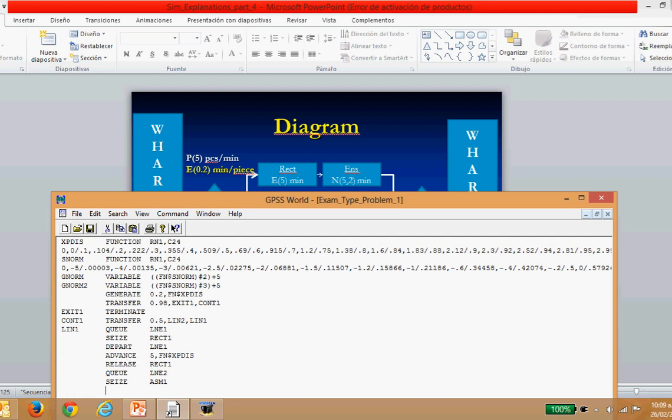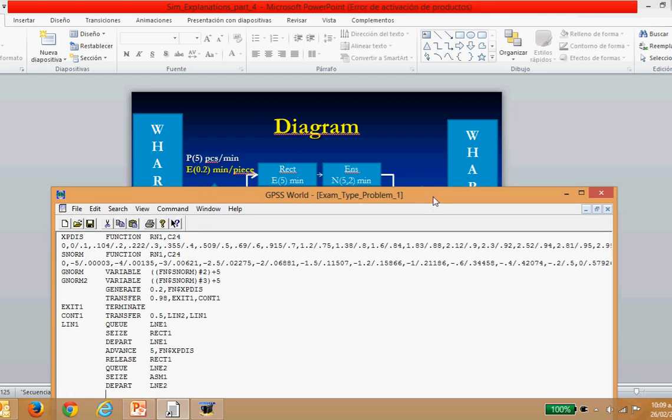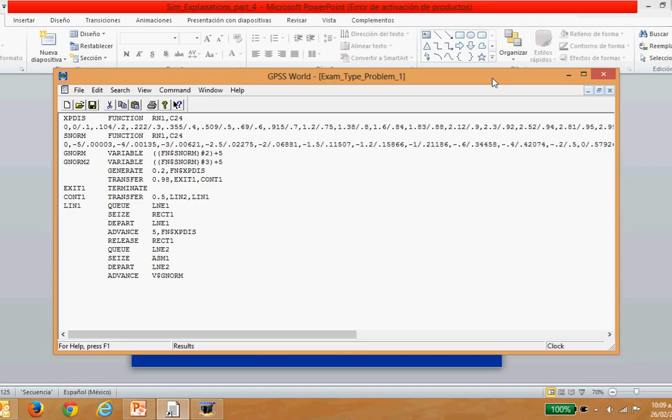Assembly 1, and we're going to depart line 2. Then it's the advance of a normal distribution, and for this we are going to need the first variable. So it's going to be a variable called dnorm. After this advance, I need to copy that diagram. After this advance, it's going to be a